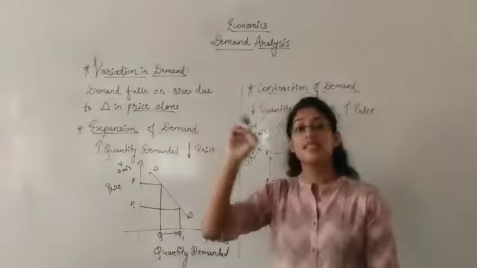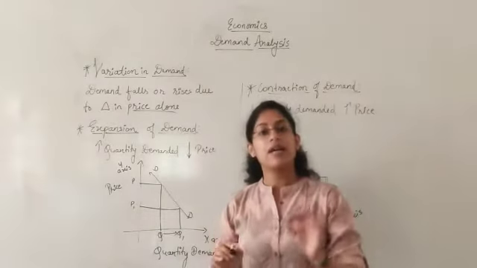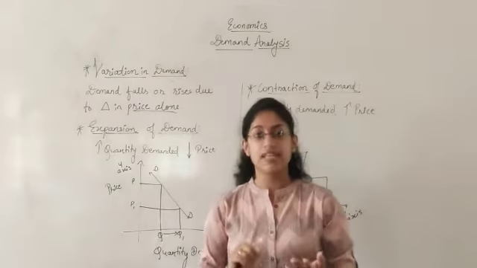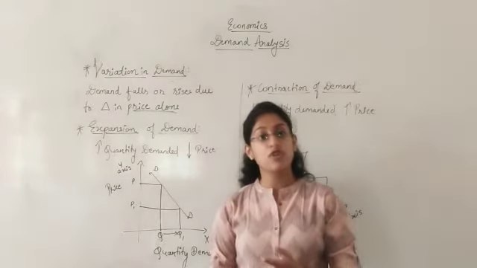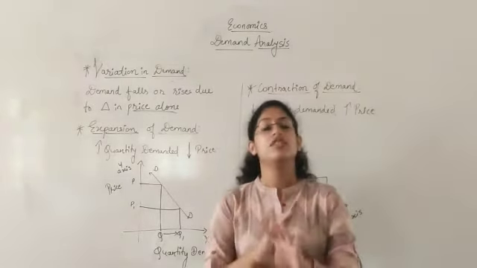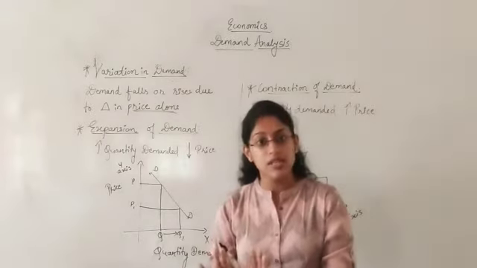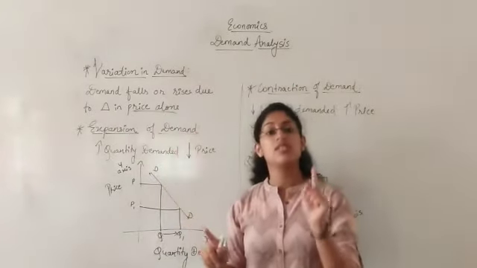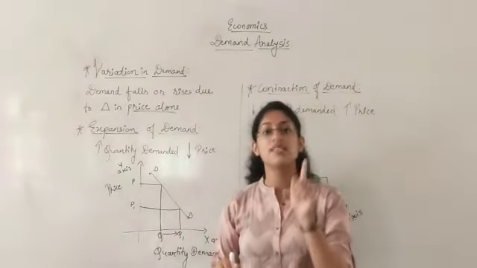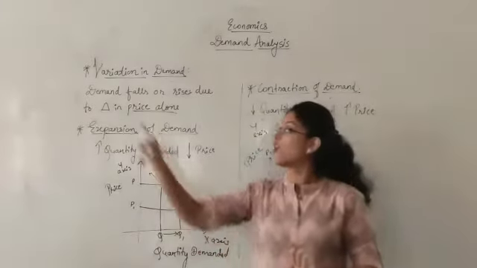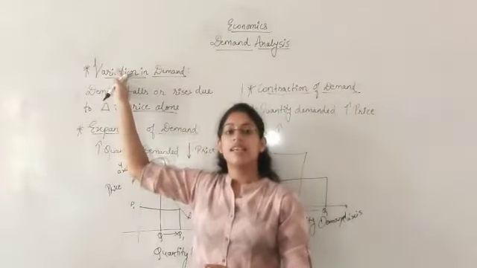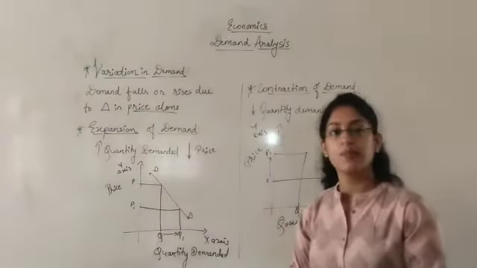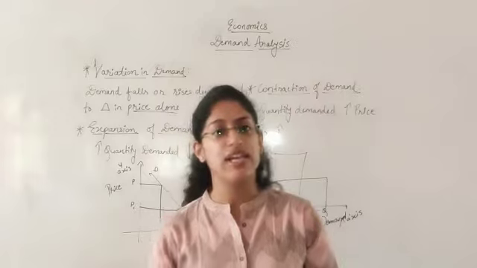Here the price factor is very important. All the other assumptions, like population, size of population, taste of a person, preference of a person, all these things are going to remain constant, and only there is going to be a change in price. When there are changes in demand only because of price, that type of demand change is called variation in demand, and there might be two types, that is expansion and contraction. Clear? This was all about variation in demand. Thank you.